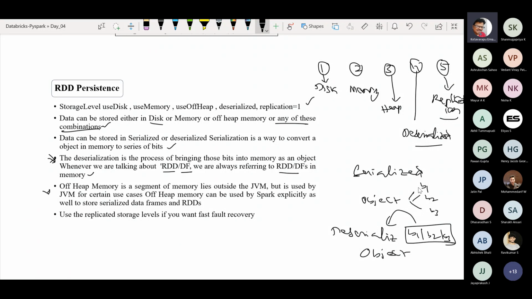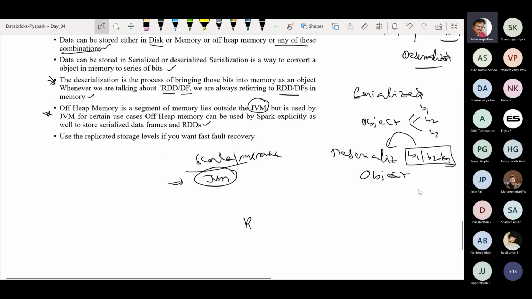Now let us understand this: off heap memory is a segment of memory that lies outside the JVM. Important point, guys, because we always say that Scala or PySpark run on top of the JVM. But if you want to maintain your memory outside the JVM, but used by the JVM for certain use cases, off heap memory can be used by Spark explicitly to store serialized data frames and RDDs. Sometimes, guys, if I want to maintain an RDD or data frame in a serialized manner,